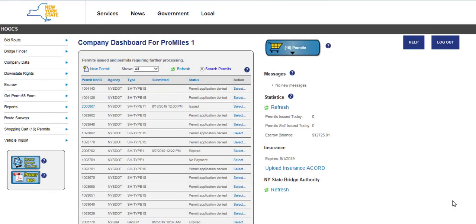Welcome to the Highway Oversize Overweight Credentialing System, also known as HOOCS, user tutorial videos. This video will guide users through the steps of modifying a route using via points in